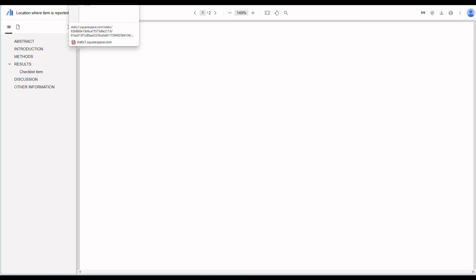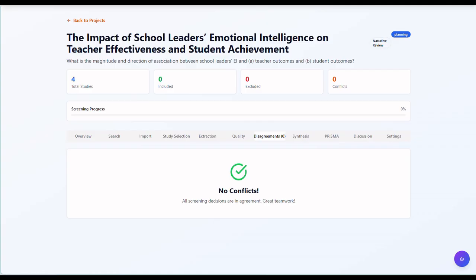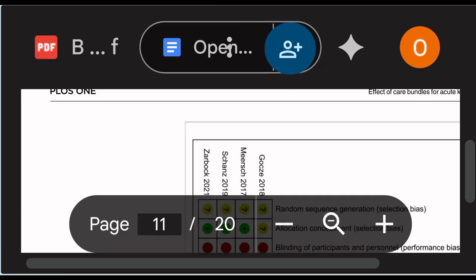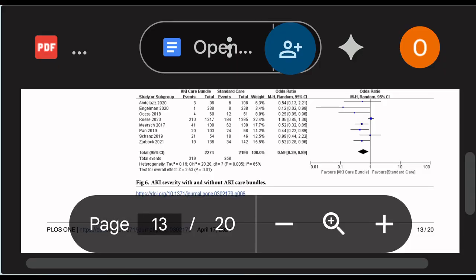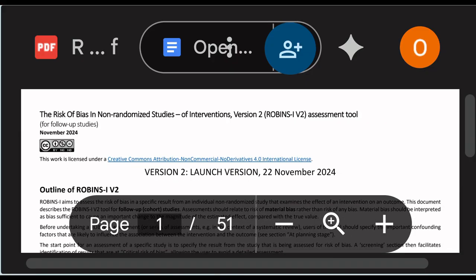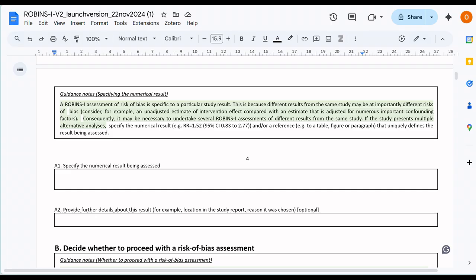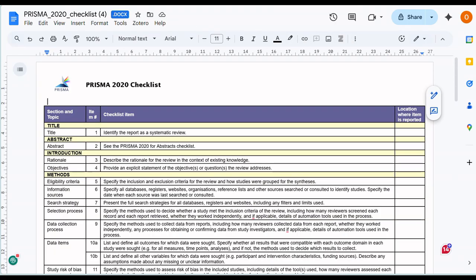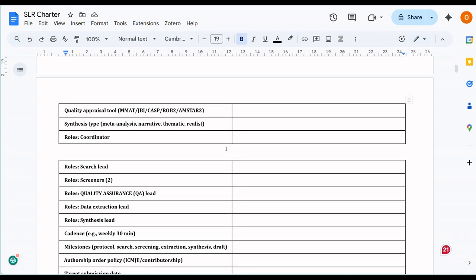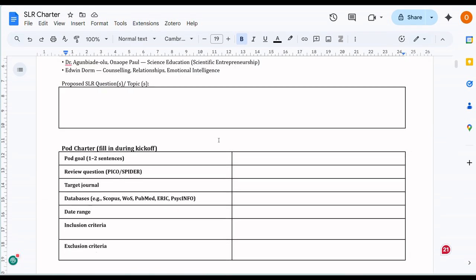I want to see if I can bring up that file now. From that particular groupings, people can start by identifying with each other, then start talking about what topic we are going to work on. The topic definition will be the first thing. Then you can now start talking about the